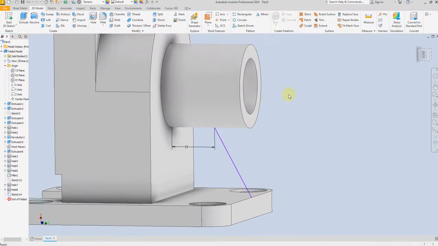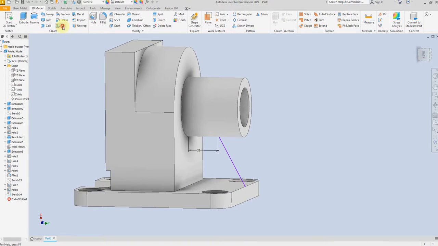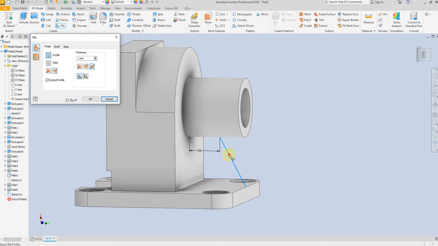And now finish sketch, select rib command, select this profile,